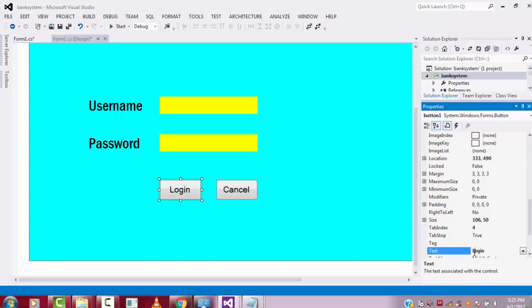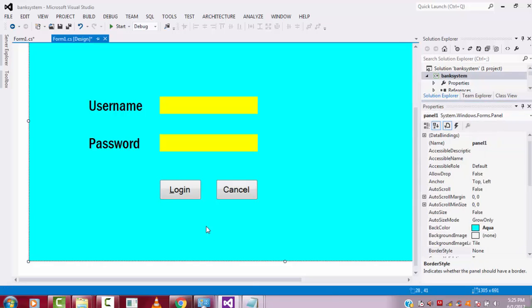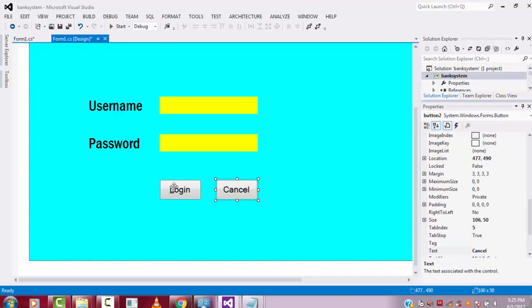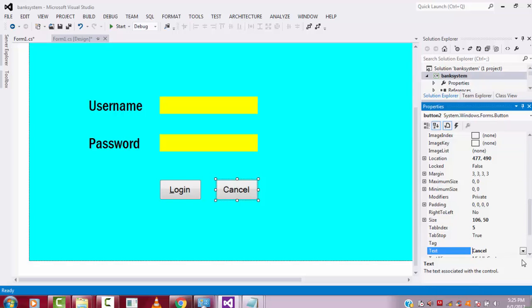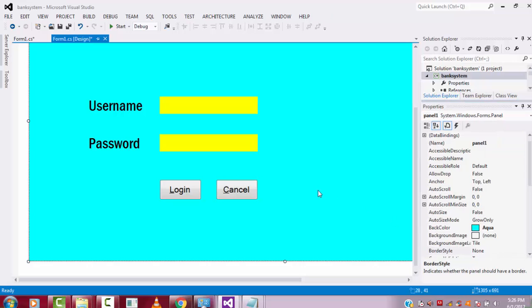Here also, in front of the L you have to put the &, press the enter key. You can get a nice user interface look like this. Under the L you get a little effect like this. It's a very efficient way. For the cancel button, also click in front of the C and apply the &, and you get it like this.